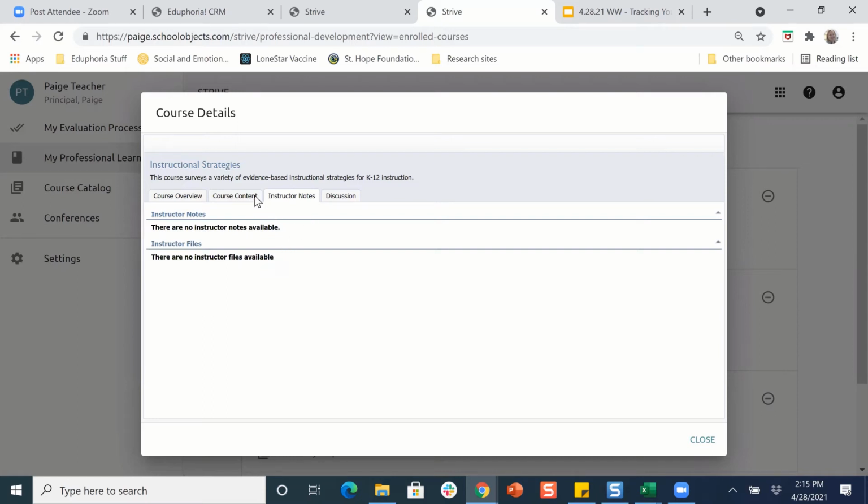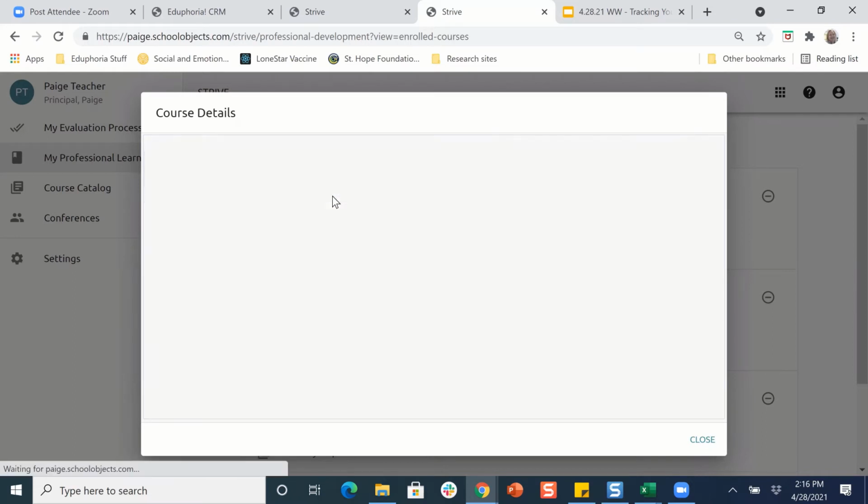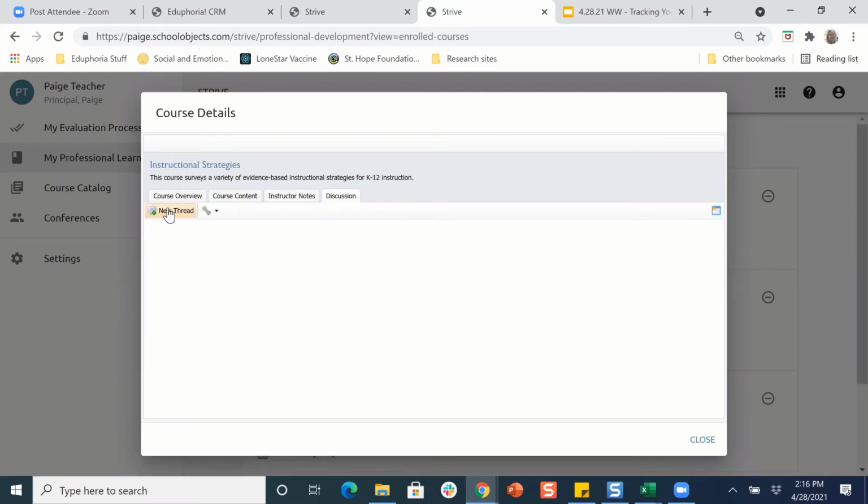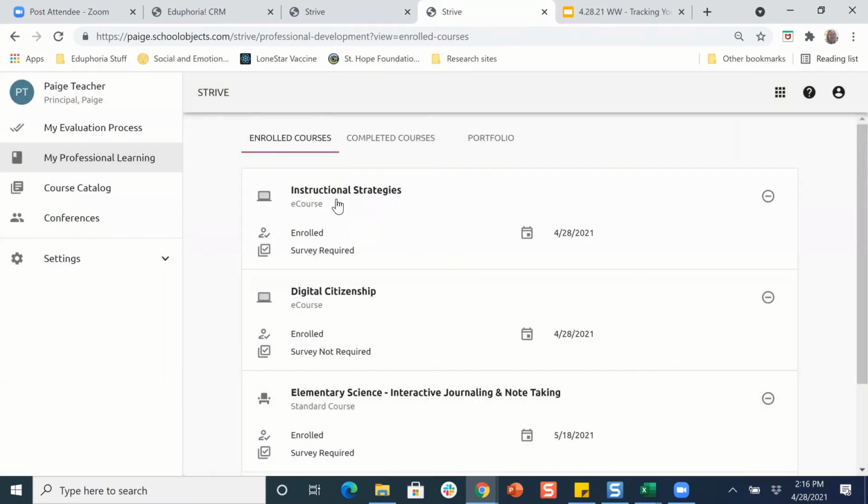And then one of the activities of the course might be to contribute to a discussion. So my instructor may have added a thread that I need to respond to as part of that coursework. So all of those things are there in course details, and I get to them just by clicking on the